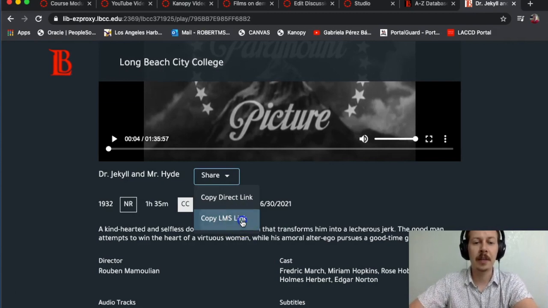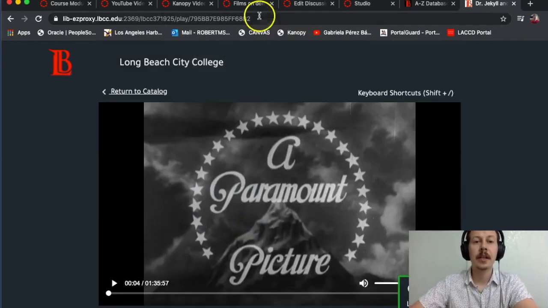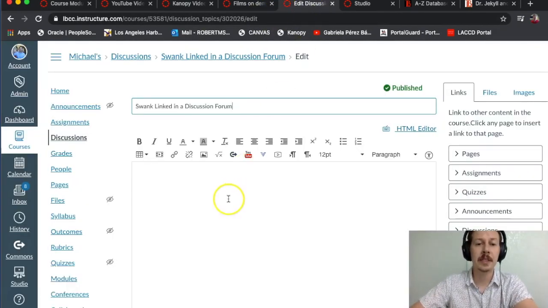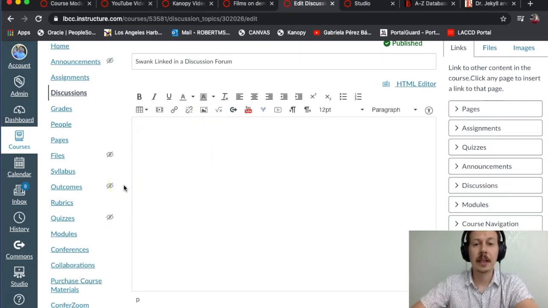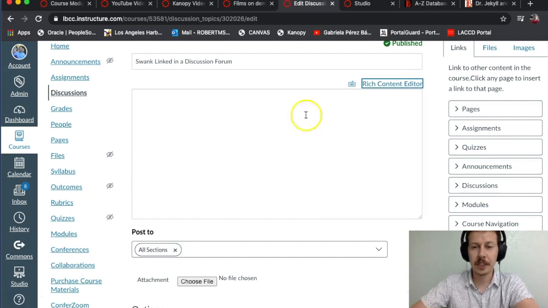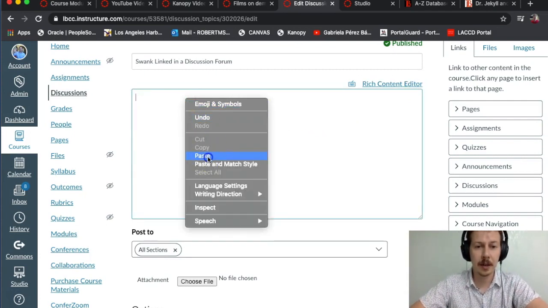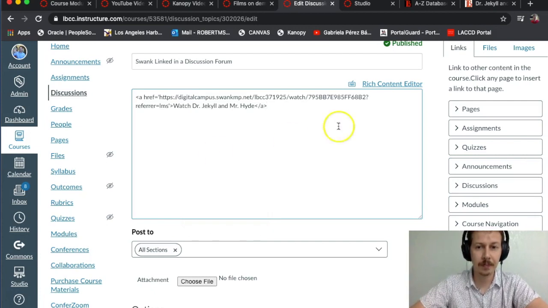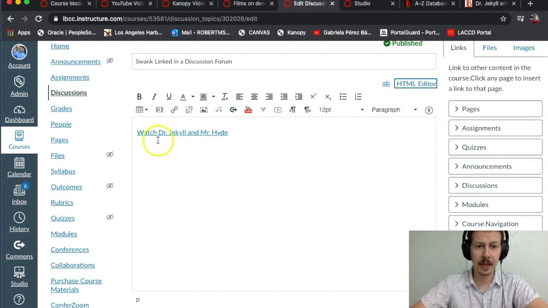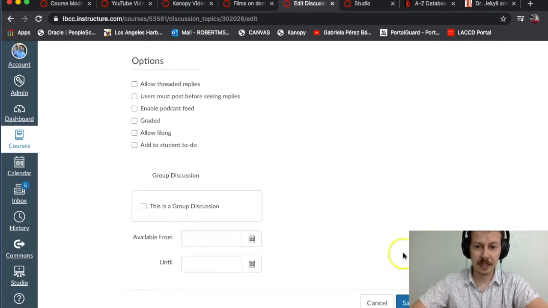But I'm going to copy the LMS link, and then I'll go back to my discussion forum in Canvas, click in my text box, and then I'm going to click on the HTML editor. Nothing really changes much, but I'll click back in that text box, click Paste, okay, go back to Rich Content Editor, and there's a simple hyperlink right here. So when I save this,